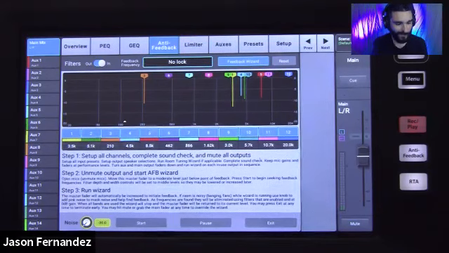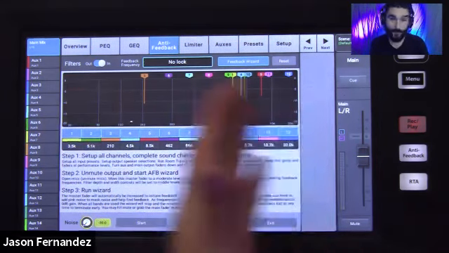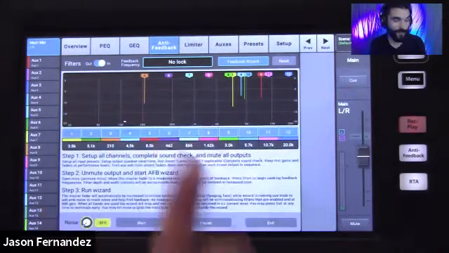Typically, it'll use maybe 4 to 6 filters to adequately stabilize a PA. If it starts to take up much more than that, you might have a gain structure issue to begin with, so you might need to reevaluate your gain structure. So we're looking to use about 4 to 6 filters for initial PA stabilization in our ringing out the room process. And then after that, we should have some filters left over that are still available to us.